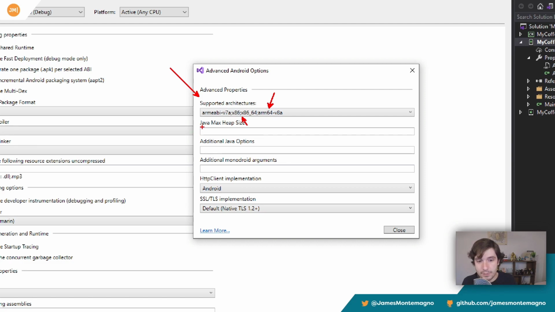I rarely have to set these unless they are just a crazy amount of dependencies in my app. For HTTP, the defaults are what you want. Android and the default TLS 1.2, these are the latest and greatest. The templates set you up for this stuff for success, really. And you can walk through and change these if you need to. But again, they're pretty smart for what you need by default.